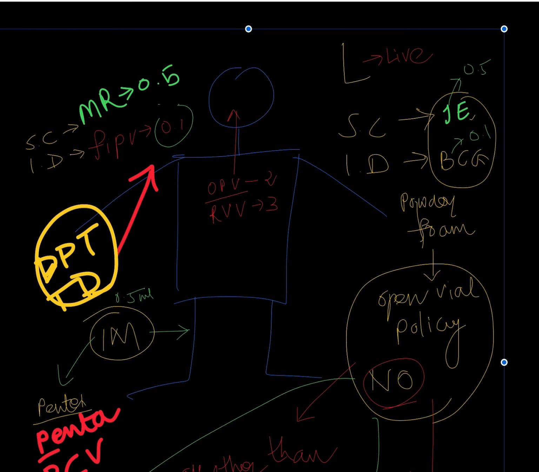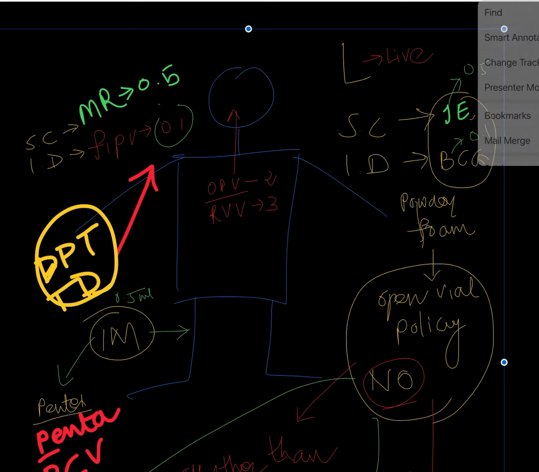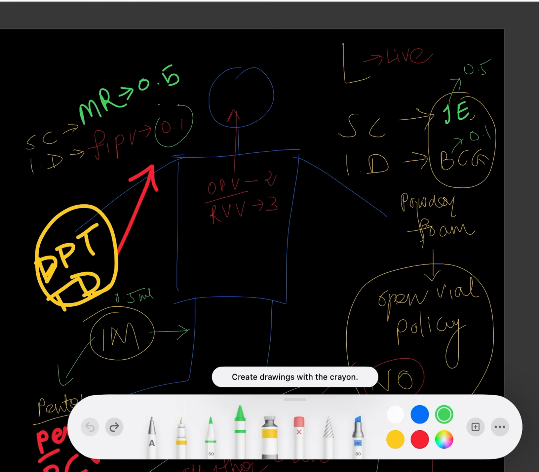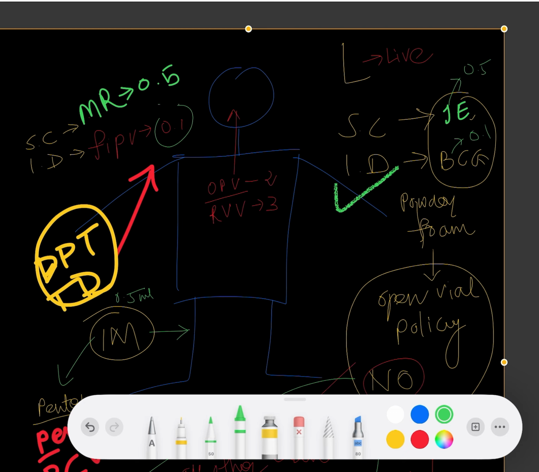Okay, 2-2, like what? Intradermally, BCG left side is 0.1 ml. Let me clear for you. Intradermally BCG 0.1 ml, then there is a left side, it is given. Left side means live, we'll do that later on. Intradermally is fIPV 0.5 ml, right sided. This is right sided, this is left sided. So what is given left side and right side is most important. First, remember 2 vaccines are given intradermally: fIPV 0.5 ml right sided, and left side is given 0.1 ml BCG intradermal.